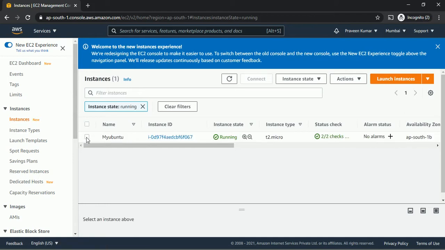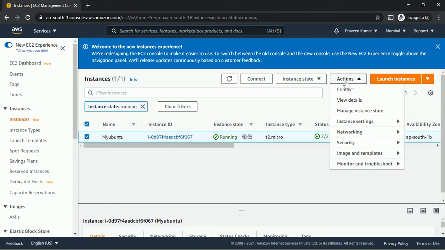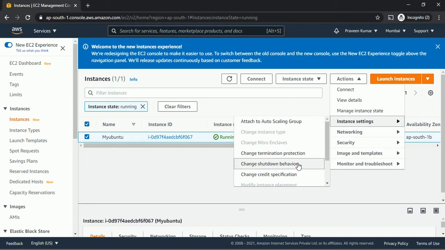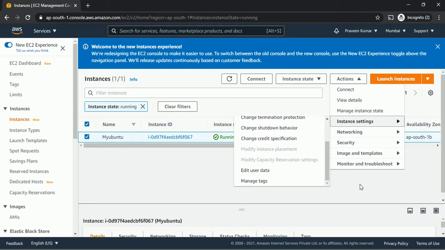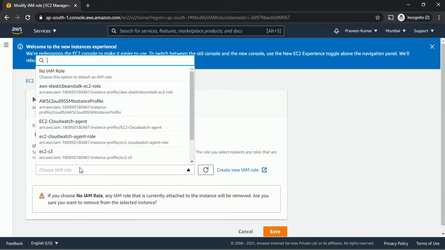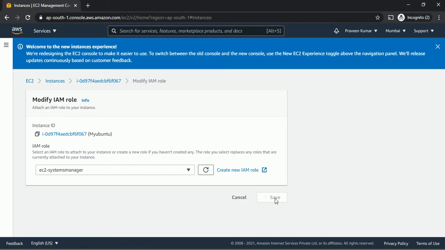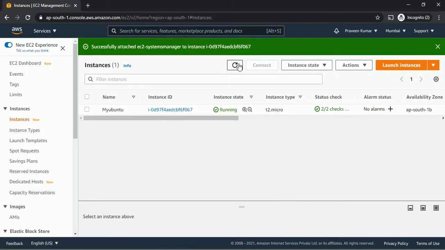So select this instance, go to actions, go to security, click on modify IAM role. Here we have to browse for your role. What is my role? EC2 Systems Manager. Yes, this is my role. Select this and click on save. So the role has been attached.